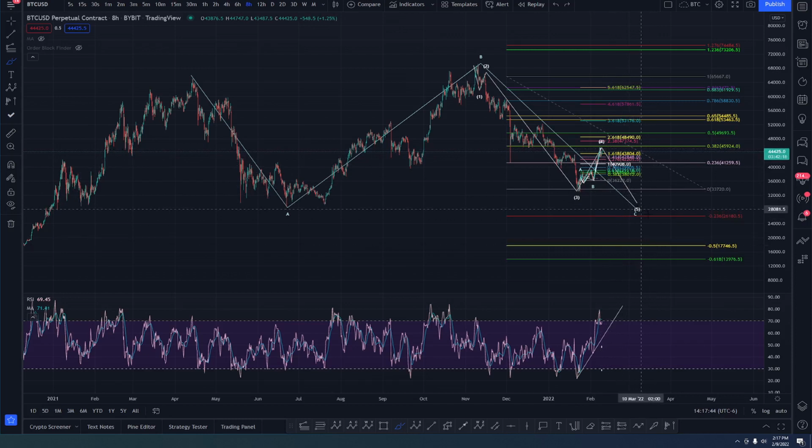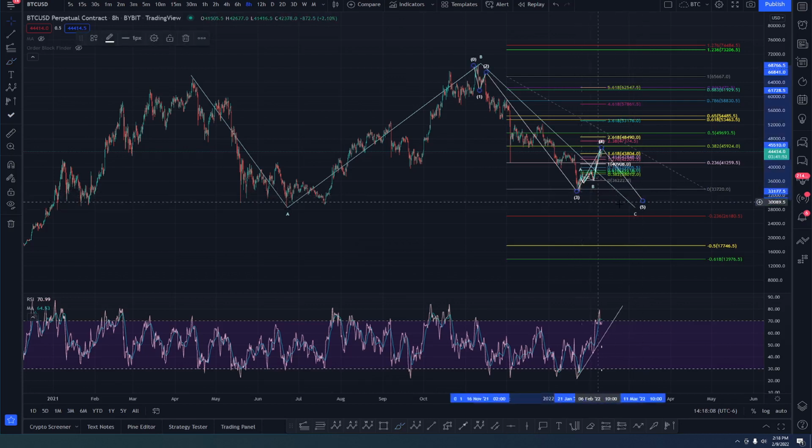Before we go up, let us finish this consolidation area and finish this correction with one more wave. I think there's a lot of evidence for that, and I think there's a good argument for that. However, we can always argue that this is actually the end of wave C. It's already finished. There is a way to count this as finished, and if that's the case, guys, and we